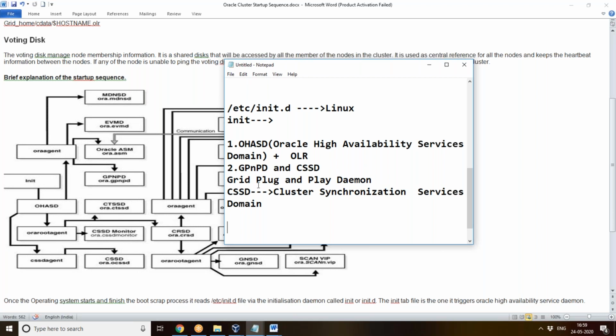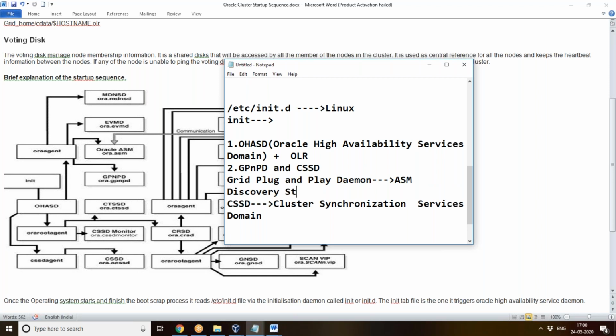This GPNPD contains information about the ASM. It contains the ASM discovery string, that is, where the disks are located, the ASM disk location.